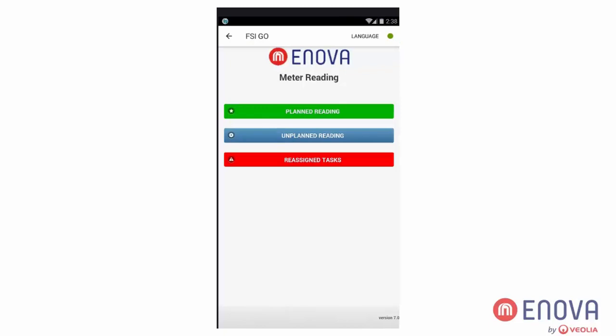So last but not least, we will come to the last option we have here in meter reading activity, and it's called, as you can see, reassign tasks. This is for cases where an incorrect or an illogical reading was taken by the technician on site. So in cases where the previous reading is higher than the current reading, or if the value is fluctuating or way